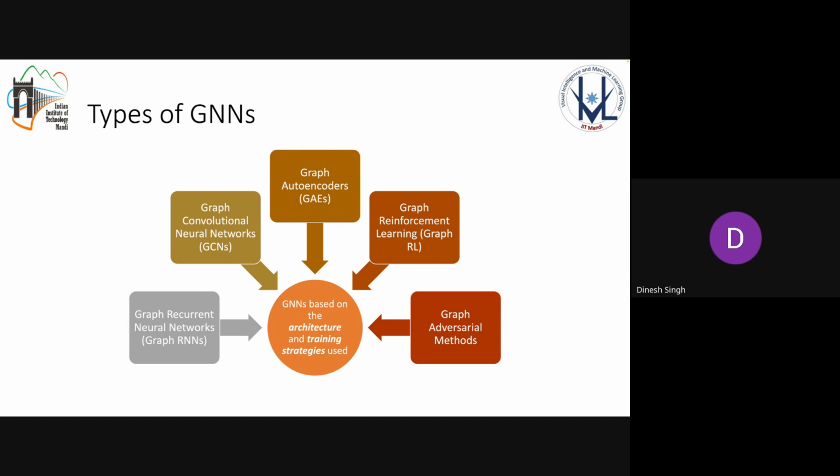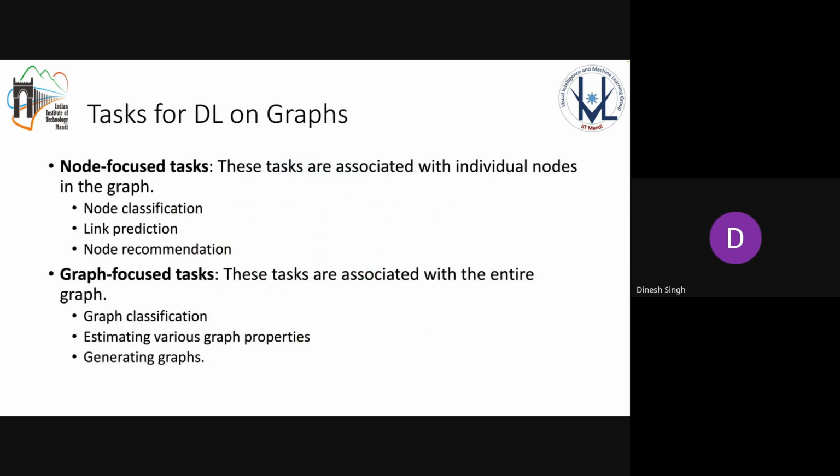So these are the various types of GNNs which were proposed so far in the literature. I'm not going to talk much about all of them, but initially the tools I'm going to cover almost in detail. Okay. So then the task: obviously, when we are given a graph, so let's say social network graphs, they are actually